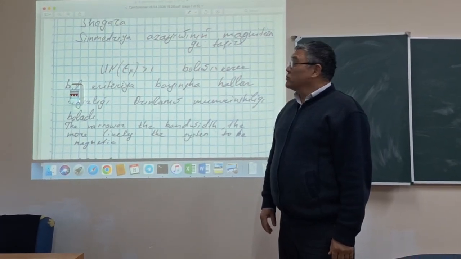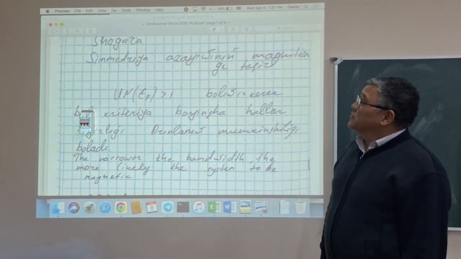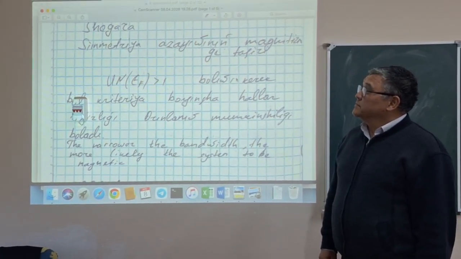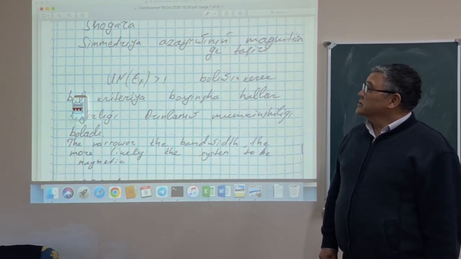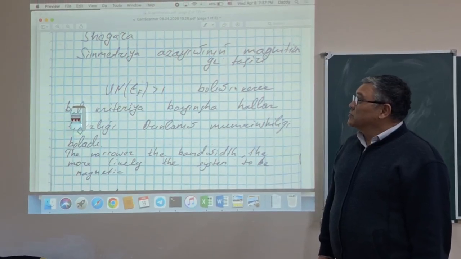Hello, today we are going to go over the influence of the symmetry on the magnetic properties of the metals. So in this case, we look at the transition metals. Before, we looked at the properties of the